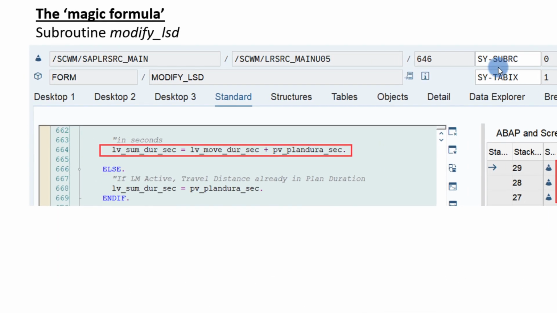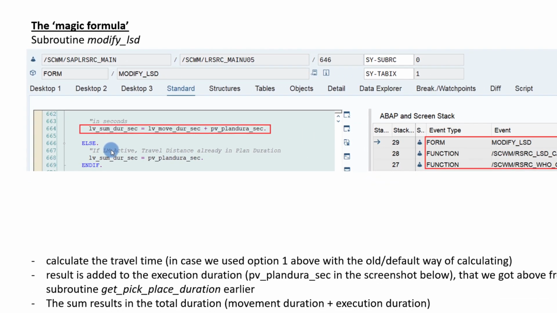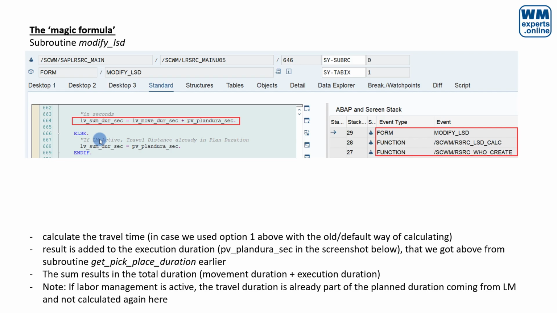The result is then added over here to the planned execution duration, so planned movement plus planned execution, and then you have the total duration of warehouse order processing,